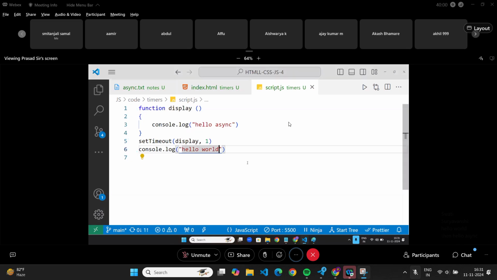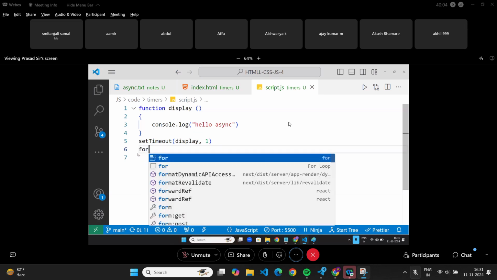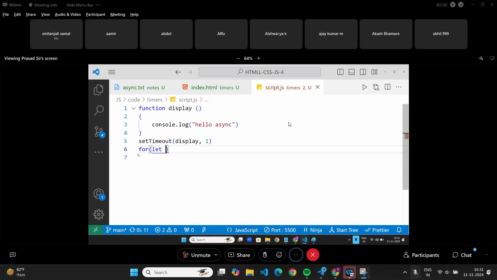This is easy. Now imagine this hello world I keep in a loop. Let i equals 0, i less than some number, i plus plus, then console.log hello world. First, it comes to this point and asks, do you want to run?